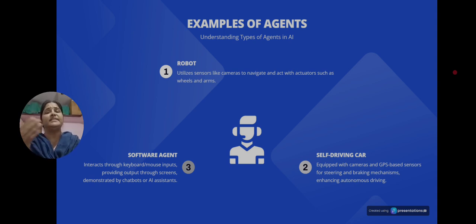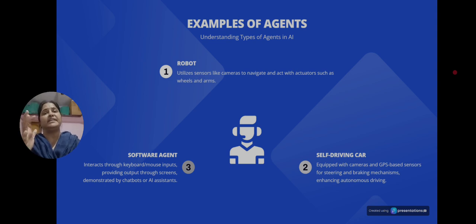Next we will talk about the self-driving car. In a self-driving car, the kinds of sensors we can add are cameras and GPS, because the car is always in motion. So we have to search for some addresses. For instance, we can use Google Maps, that is GPS, and also cameras in order to monitor where the car actually is, in which location. What kind of actuators can we use in a self-driving car? Steering, brakes, accelerators, etc. The best and well-known example for this is Tesla's Autopilot.